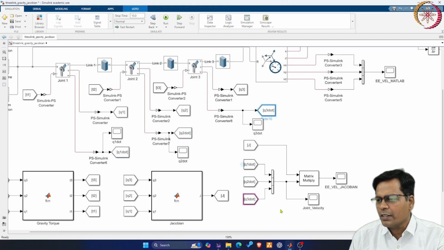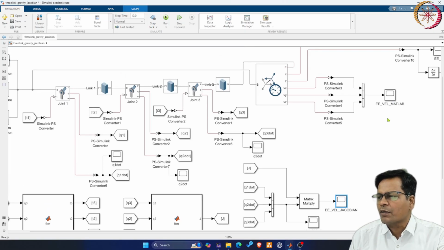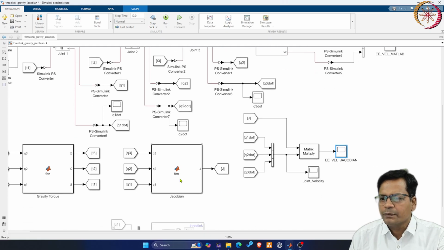Those are inputs here, converted to vector form and multiplied with the Jacobian that I obtained through MATLAB. So using the Jacobian I have calculated the end effector velocity, and using the MATLAB transform sensor I have calculated the velocity. Both should match, and that will verify whether my Jacobian is correct or incorrect.